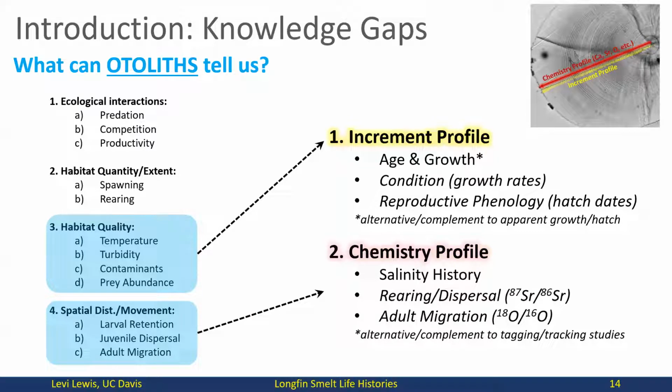Similarly, we can also use chemistry to look at the salinity history. And using salinity history, we can infer movement patterns. We can use strontium in low salinity habitats to describe patterns in rearing and dispersal in the early life history. And then to look at later parts of the life history when fish are in higher salinities, we have to move on to a different tracer that has a broader salinity range of sensitivity,